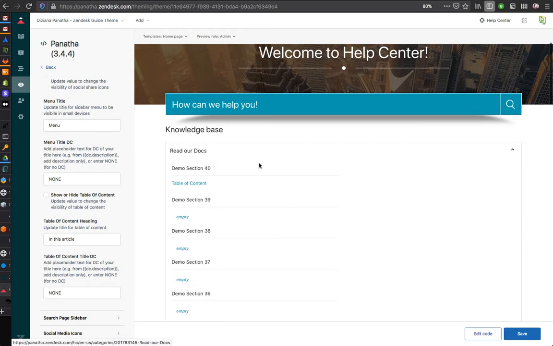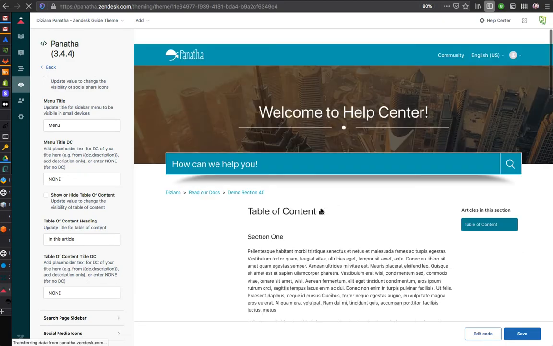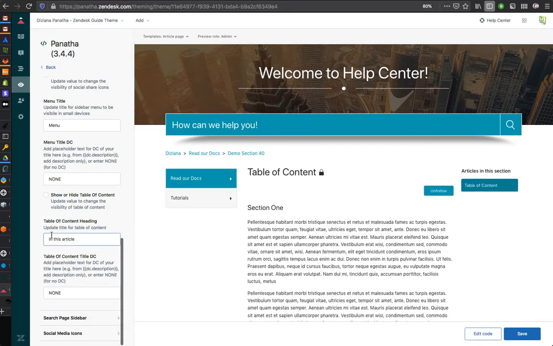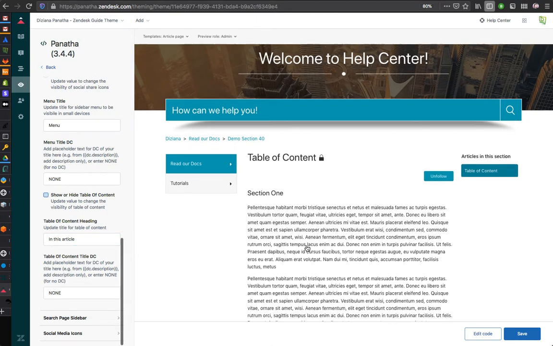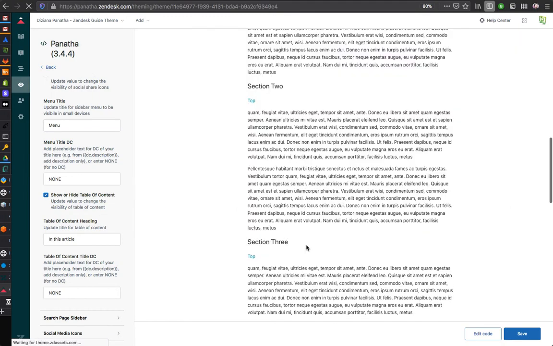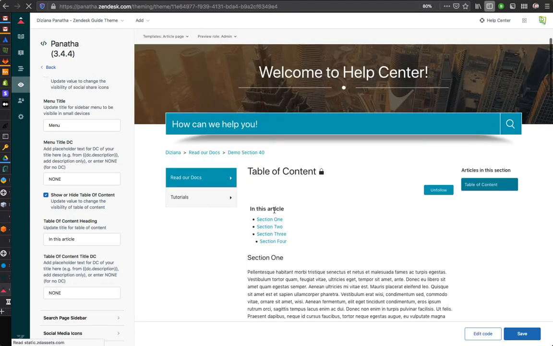So if your article has certain headings in place like h3, h4, h5, then a table of content is automatically generated like this. And then you can localize this text that says in this article from here, or you can just localize it using dynamic content.